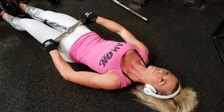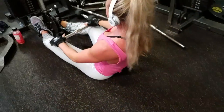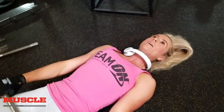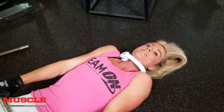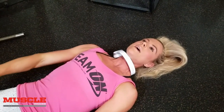You're going to lie down for both of these exercises. I like to plant my foot against something, it helps to keep you nice and still. You're lying down, make sure that your shoulders stay down away from your ears. The only way that you can really cheat with both of these is to do this. Okay, so you're actually using your traps, but you want to keep your shoulders down, your neck relaxed, and